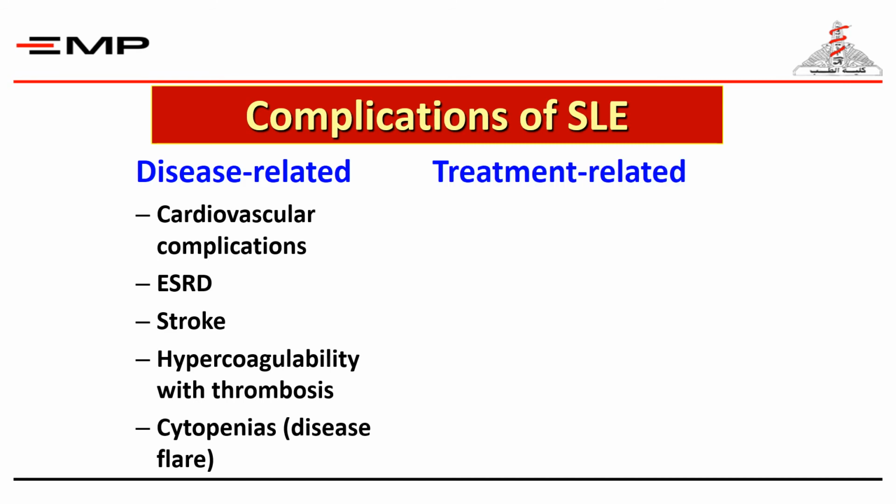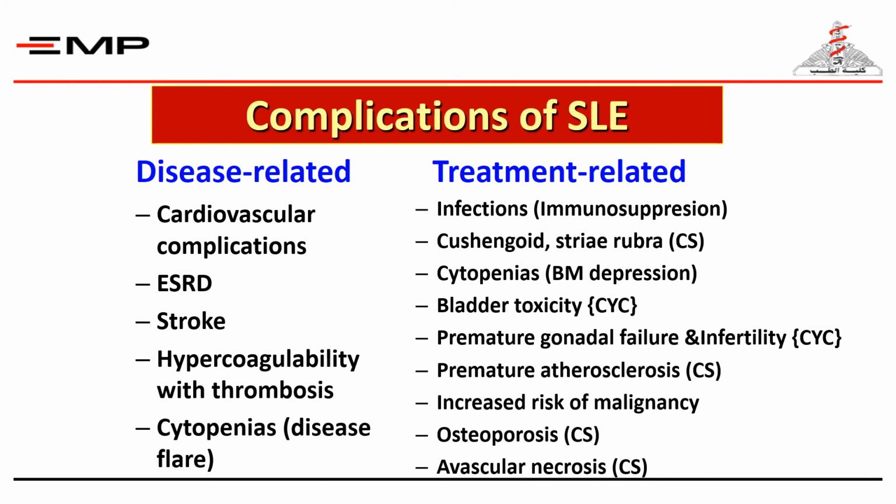Infections due to immunosuppression, cytopenias due to bone marrow depression by cytotoxic drugs, bladder toxicity especially due to Endoxan infusion, cyclophosphamide, premature gonadal failure and infertility after repeated courses of cyclophosphamide, premature atherosclerosis